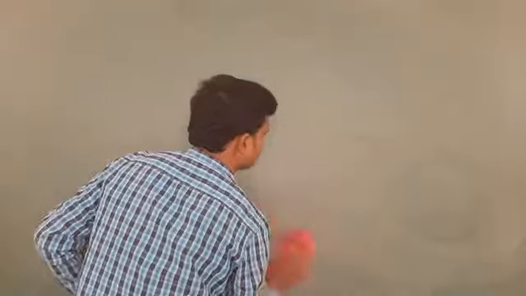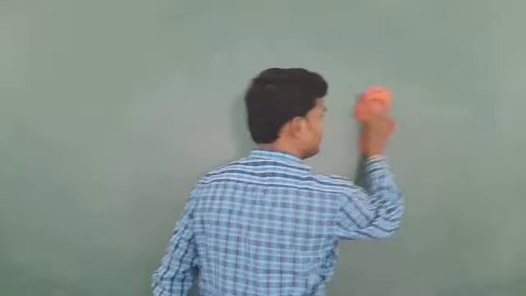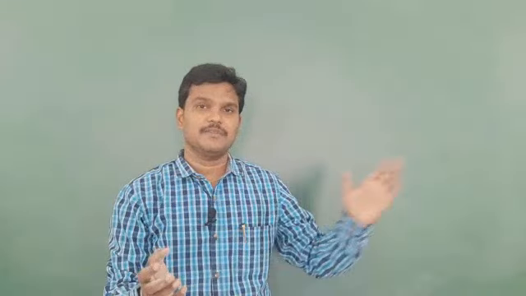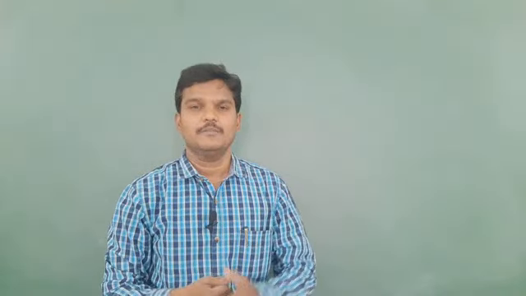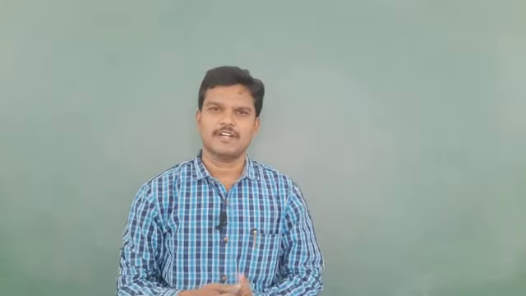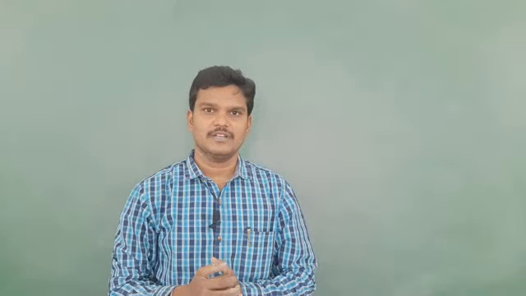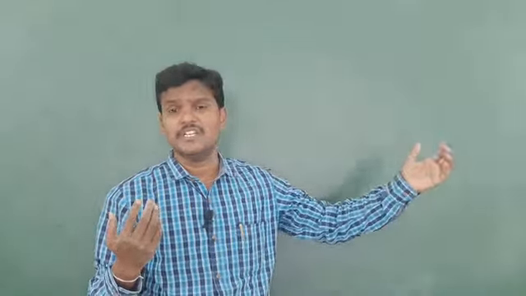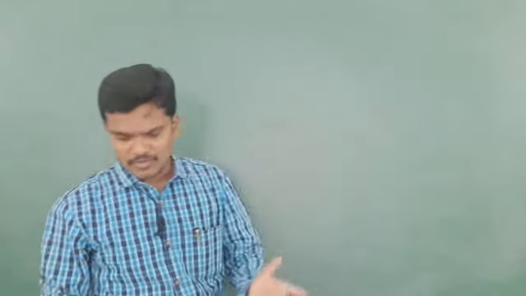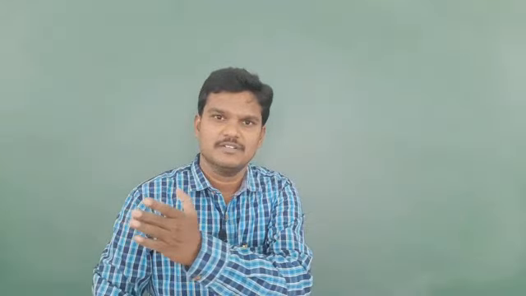For example, if you want to see our full image in front of a plane mirror, if you are standing in front of a plane mirror and want to see the full image of the person, then we need a minimum length of the mirror. Minimum length is required to see the full image of any object. Sometimes the mirror size is very small and the object size is more, even though we are able to see the image inside the mirror. So to see one complete object inside the mirror, we require a minimum length of the mirror.